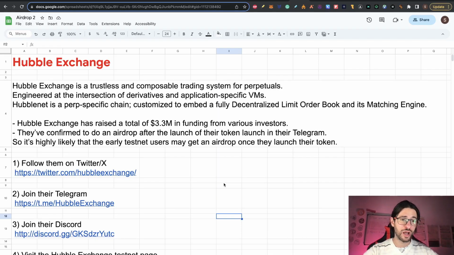Like we said before, Hubble Exchange is a trustless and composable trading system for perpetuals, engineered at the intersection of derivatives and application-specific VMs. HubbleNet is a purpose-specific chain customized to embed a fully decentralized limit order book and its matching engine. An important detail about the project is that they raised a total of 3.3 million in funding from various investors,